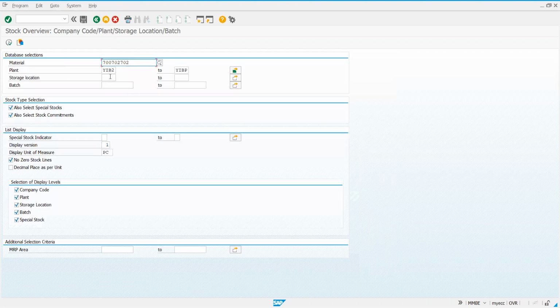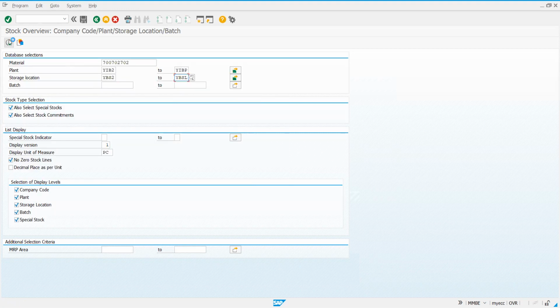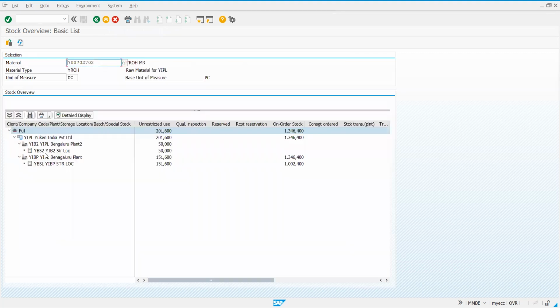I'll just repeat it for storage location also. By now it's already appearing there. YBS 2. So it's already appearing.